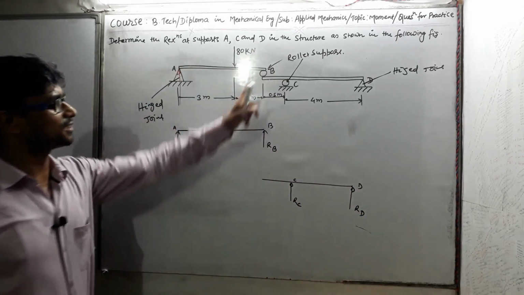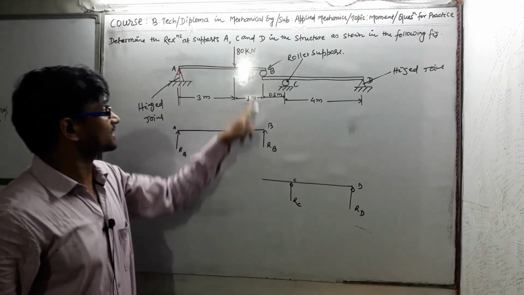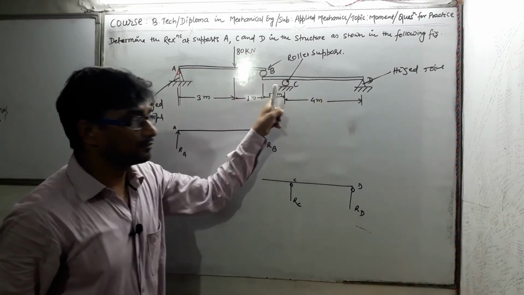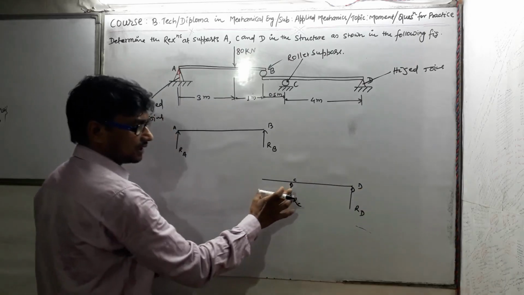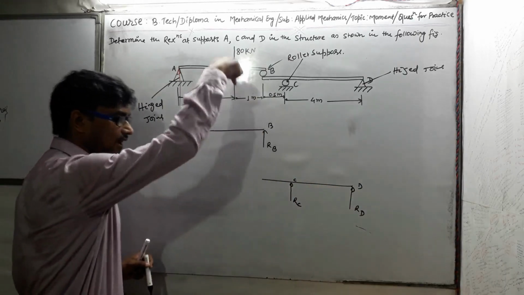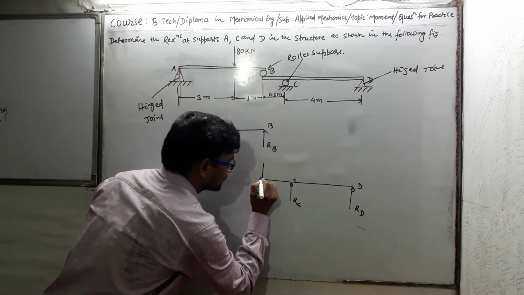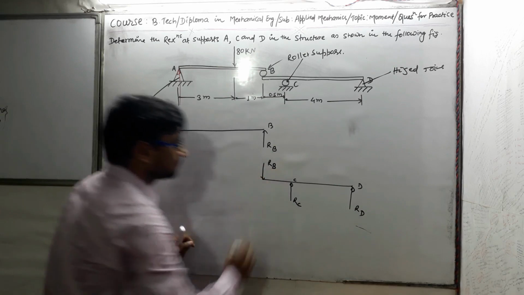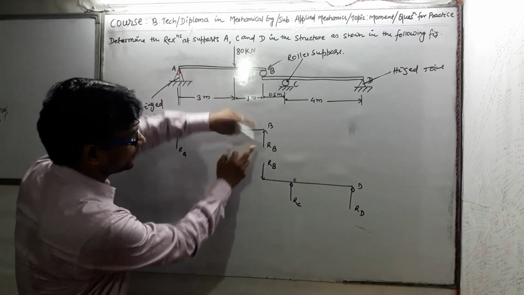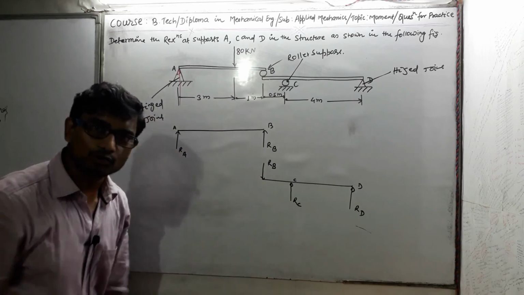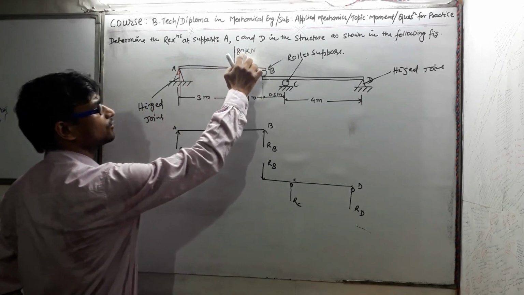And now at point B, what would be the value? Beam AB is applying a downward force upon the lower beam CD. So the lower beam CD would have a downward direction reaction force at point B, so that this RB and this RB would cancel out each other. Now one more force, 80 kilonewton, is acting.